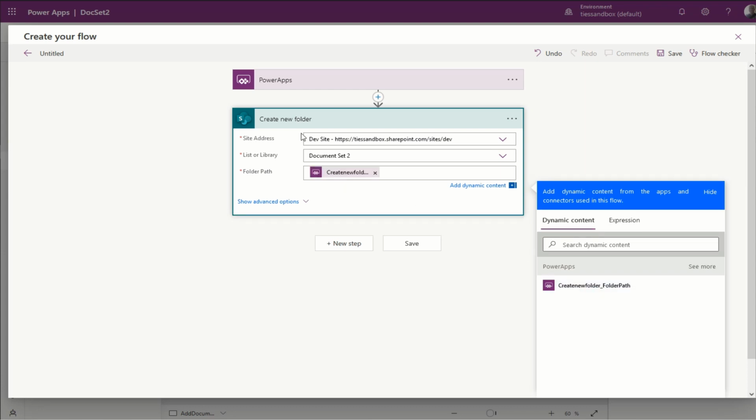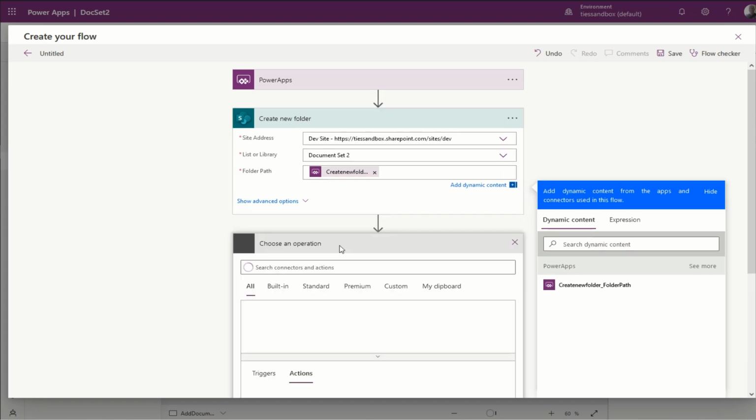As you can see, if you hover over it, you can see the first part of it says Create New Folder, and that's the name of the step. And then it says underscore, and then it says the name of the field that we're in, which is folder path. So that's why it does that. So if you wanted to say something different than that, you can only affect the first part of it, and that's renaming the step. You obviously can't rename this. Alright, once you're done with that, you're going to hit Next Step,